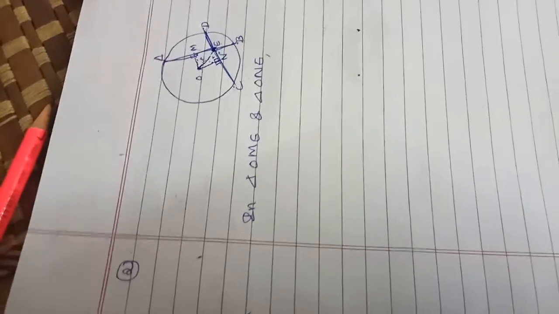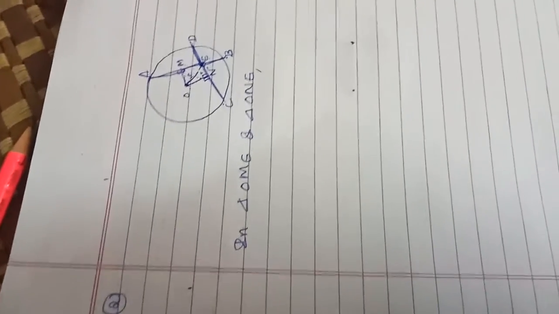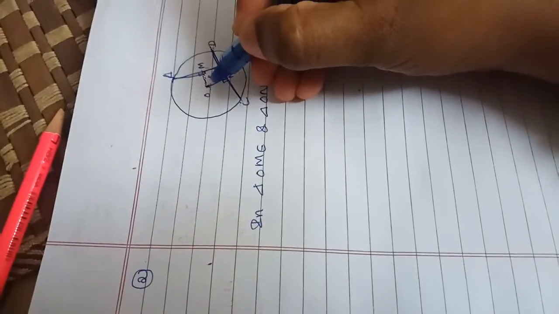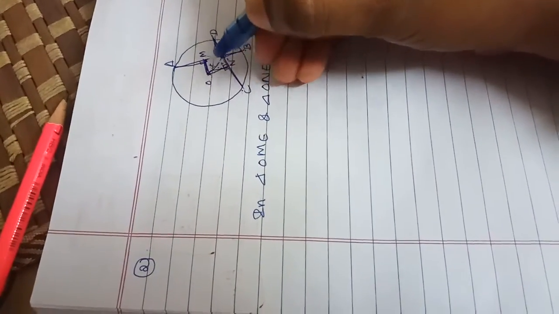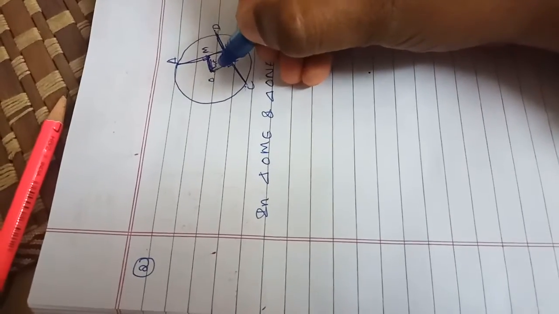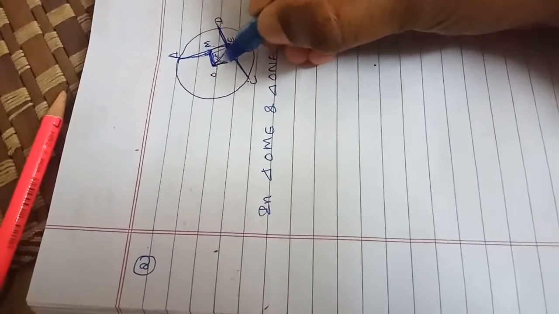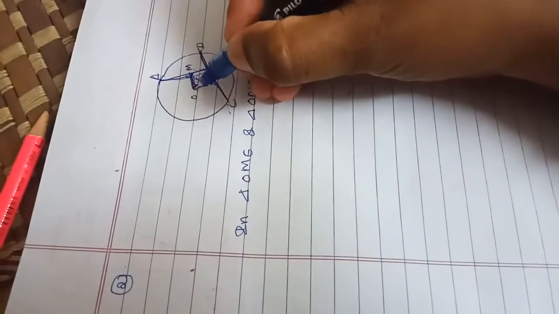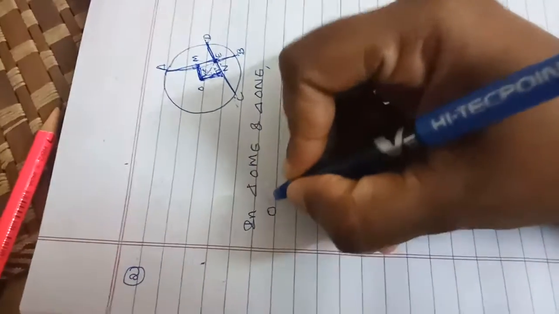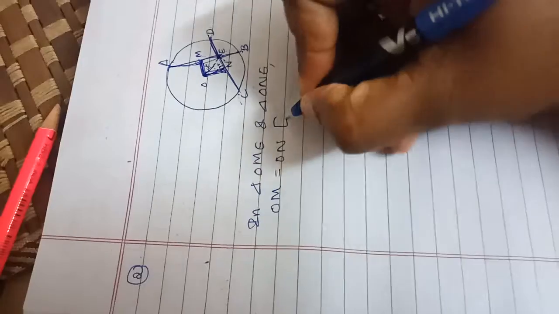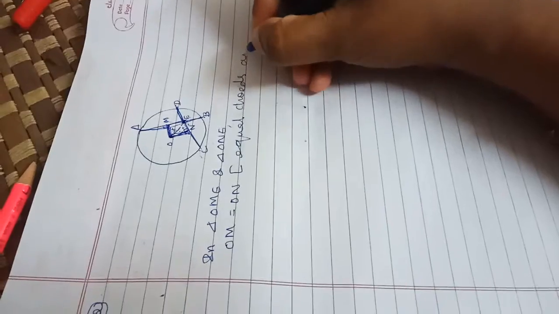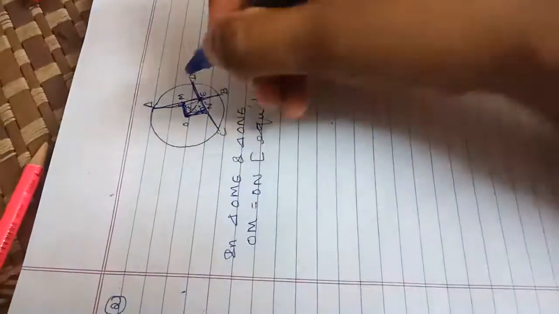So we can equate OM and ON because this OM and ON are the distance from the center of the circle to the equal length chords, correct? So by using the theorem which we learned, we can say that OM and ON are equal because this is the distance from the center to the chord, and here also it is the distance from the center to the chord, but these two chords are of equal length which is given in the question. So we can equate these two distances, correct? So I am equating OM is equal to ON. What is the reason? Equal chords are equidistant.